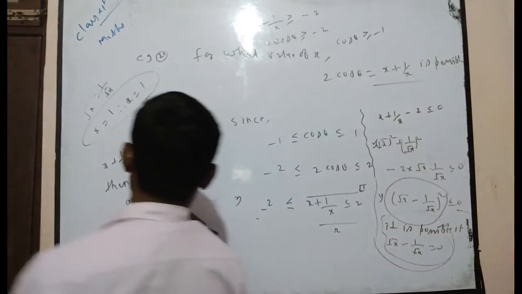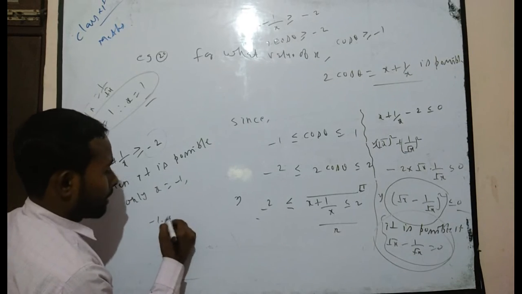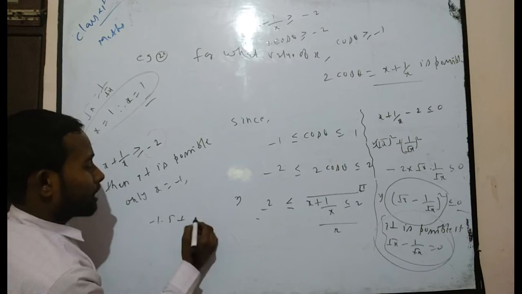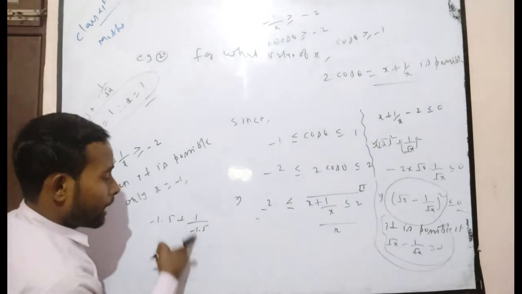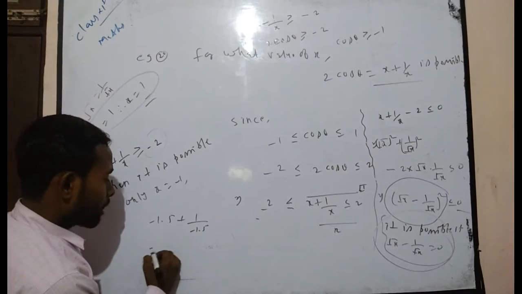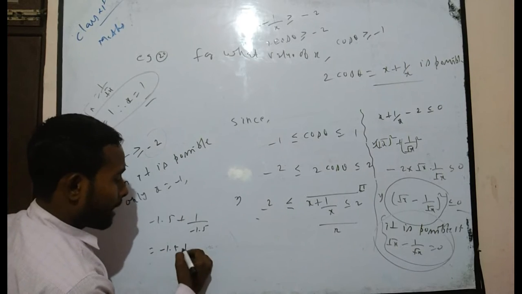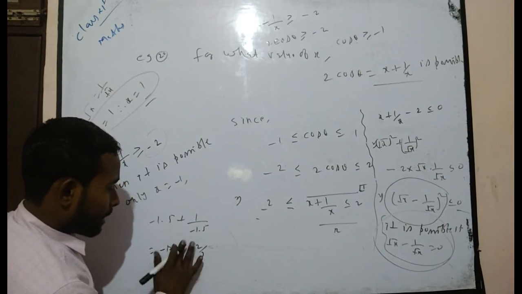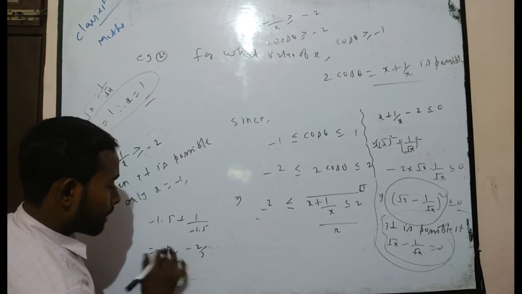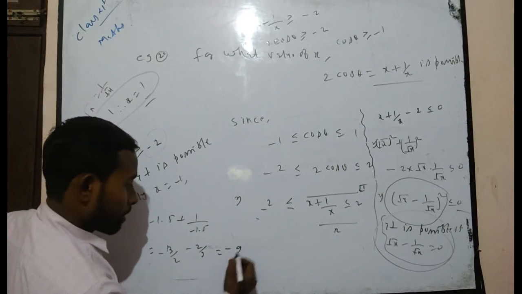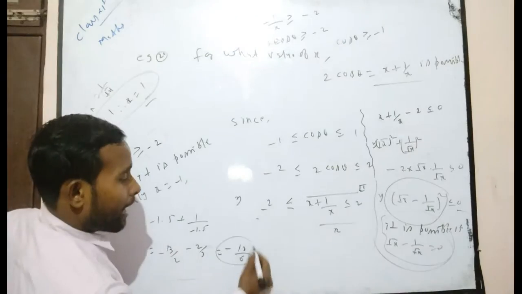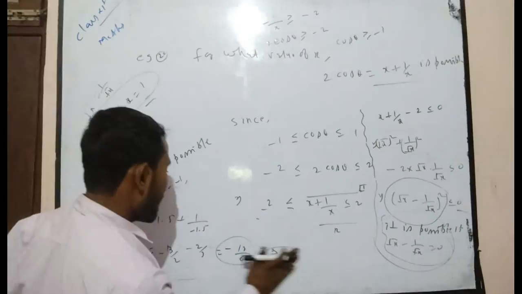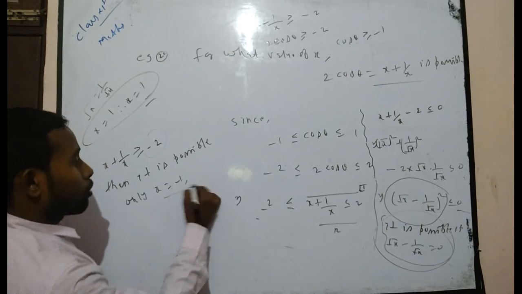Because suppose that you take a value greater than minus 1, say minus 1.5. Then in this case, it will be minus 1.5 and plus, if you take 1 upon x, then it will be minus 1 upon 1.5. Taking the numerator again, you get minus 1.5 and plus 2 by 3 and minus 3 by 2. And finally, adding with both negative signs, you calculate and get minus 13 by 6, and that will be greater than minus 2. But it is only possible in that case when x is equal to minus 1.